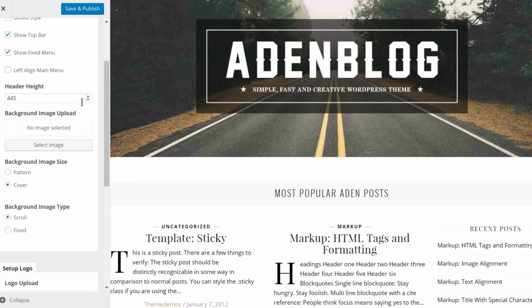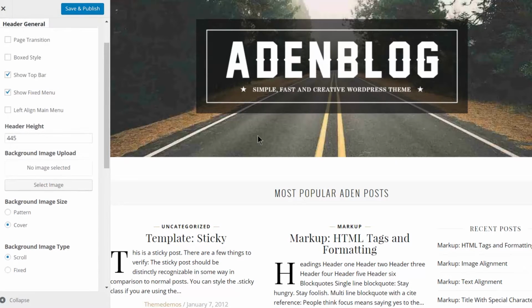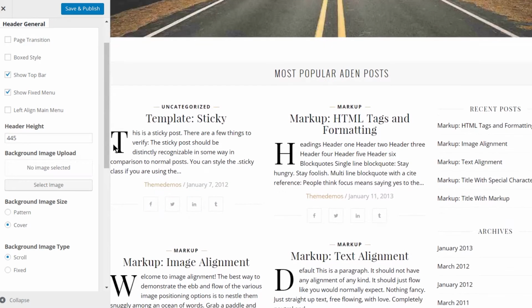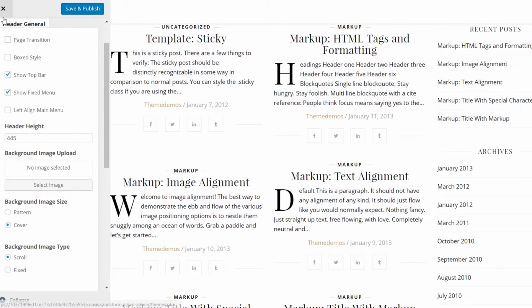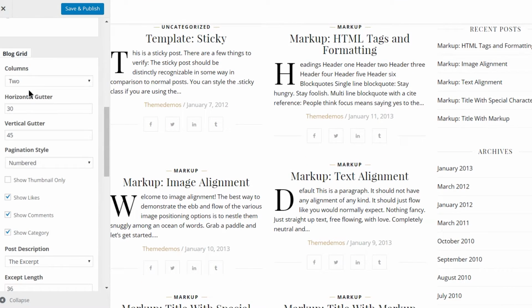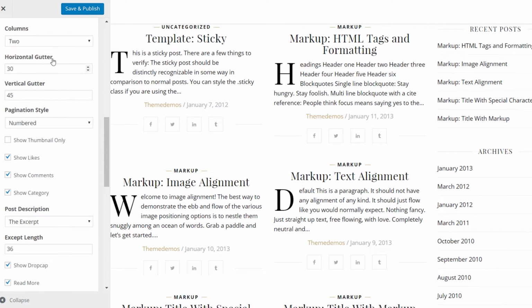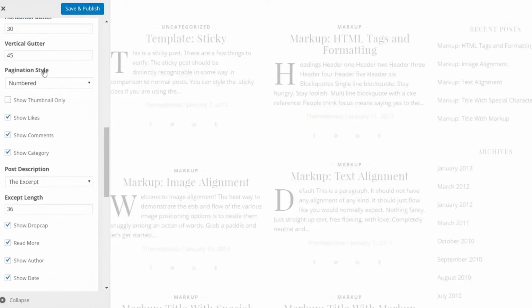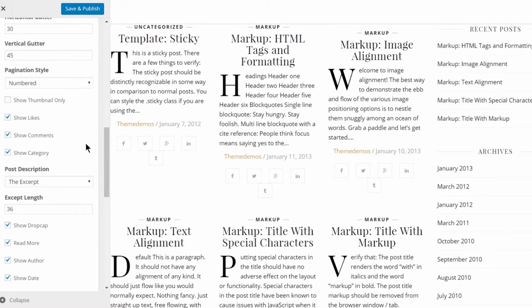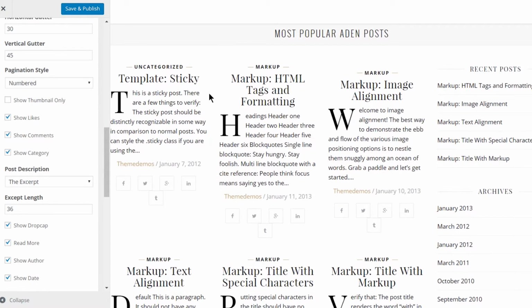You can set the header height and things of that nature, but you can't really change this grid into something else. At most, what you're going to get down here in the blog grid options is the ability to set the number of columns. So you can have 1 column or 3 columns if you want. And there are some extra options, but I would say you should be sure that you actually want this grid